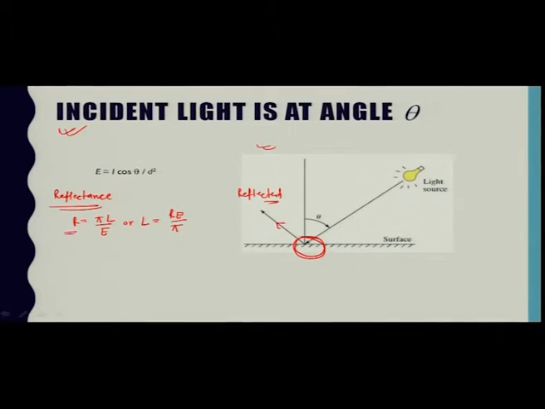Here R is the reflectance, a dimensionless fraction, L is the luminance expressed in candela per square meter, and capital E is the illuminance expressed in lux. The pi term in the numerator is the conversion factor to account for the difference in the units between